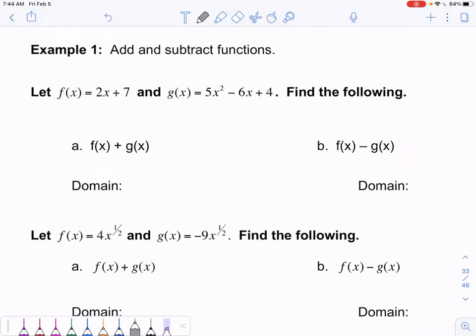So these functions start out to get a little more interesting because g of x has an x squared. Let f of x be 2x plus 7 and g of x be 5x squared minus 6x plus 4. Find the following. Before we find the following, I want us to get the domain of these so that we can then answer the domain of the bottom questions of our new function. So let's first list the domain